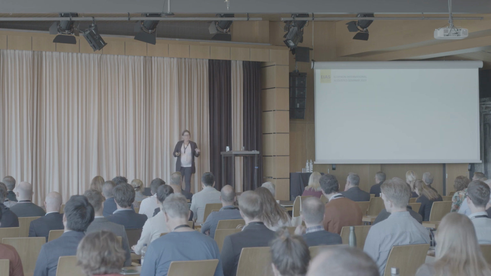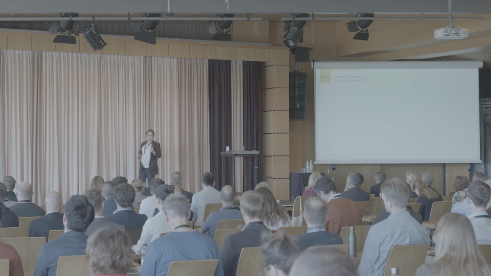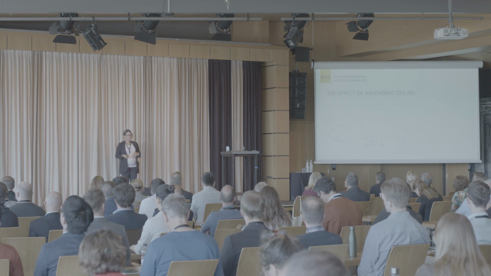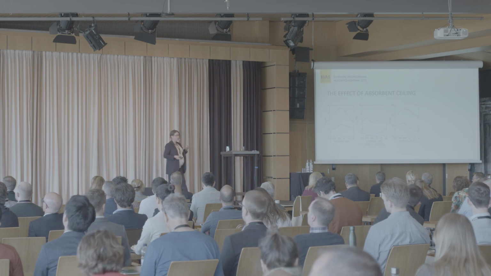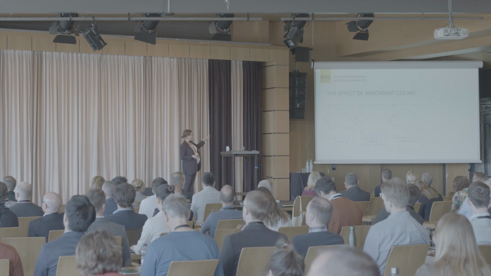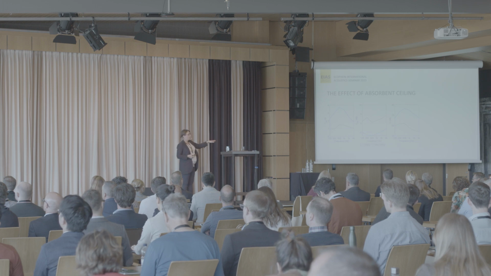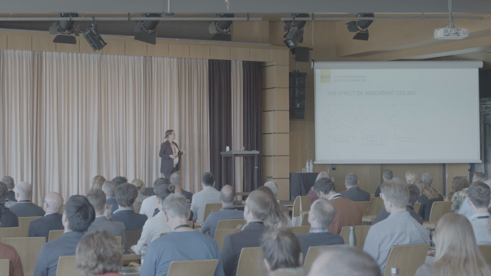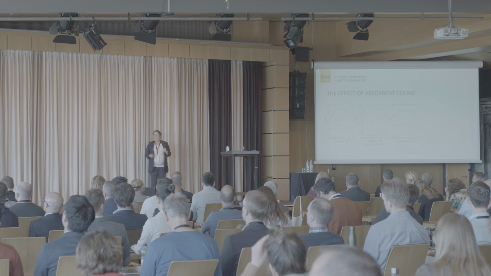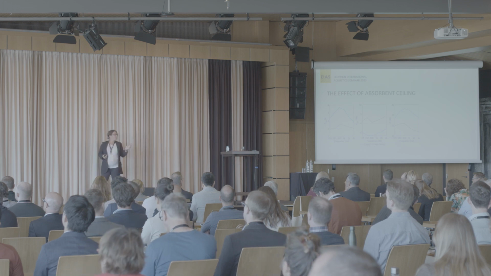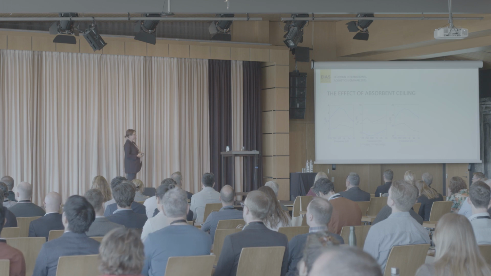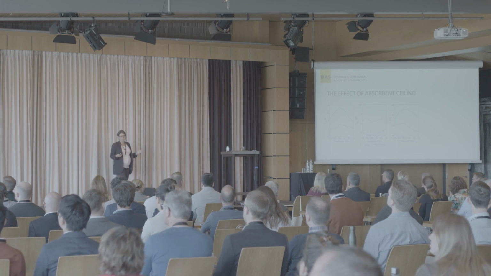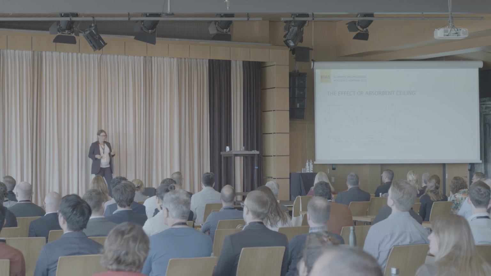So we started with an empty room, and to that we added an absorbent ceiling. So here you can see the three graphs for these three different room acoustic parameters. We have to the left reverberation time, we have speech clarity in the middle, and sound strength to the right. And as you can see, the absorbent ceiling, which is demonstrated with the orange curve, it affected all the room acoustic parameters that we measured here. We'll not go into detail on that.